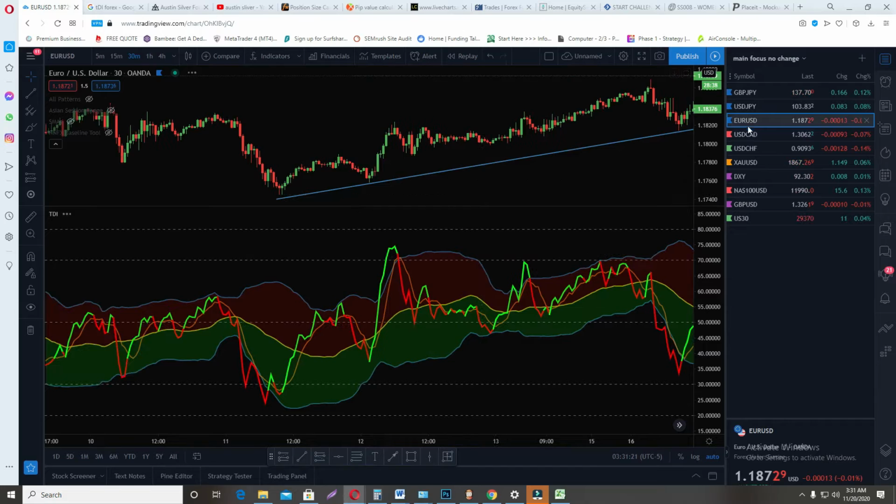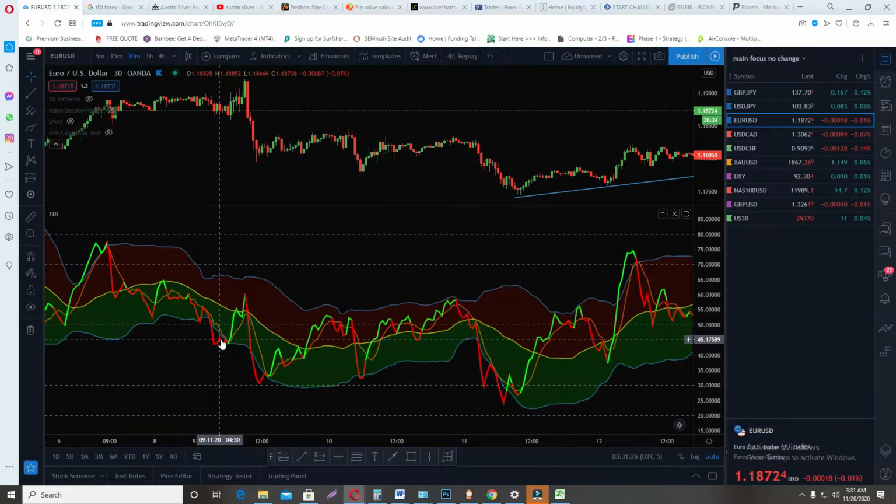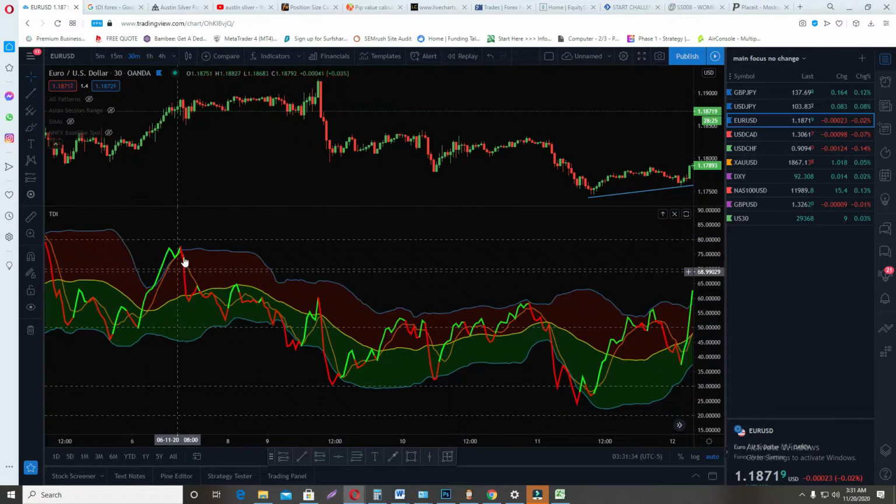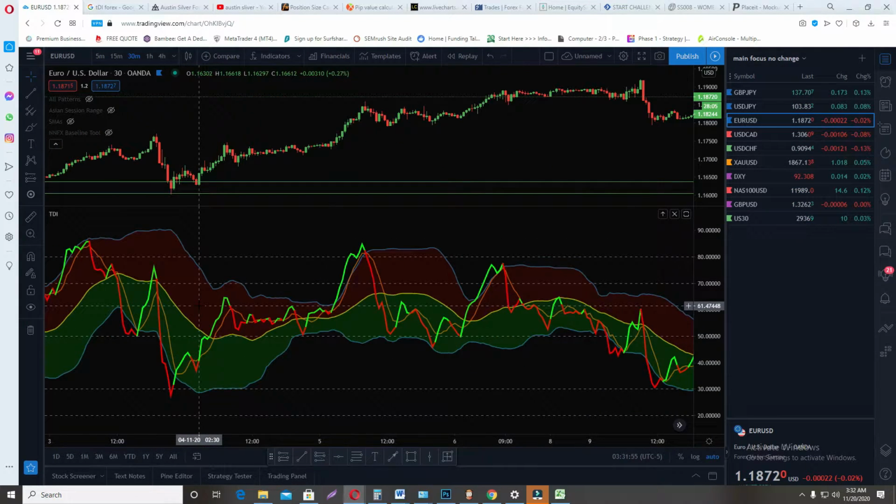Right now I'm on the Euro USD, and you can see it comes down, you jump in a trade right there, 20 pips. It crosses, comes down, jump in. Right now, as you can see at the M right here, bam, and it drops down. Once it crosses that line, you jump into a trade. But you gotta check out the candles. There's no trade right here, so I wouldn't even say take a trade. I'd say take the trade right here. Like, look, I'm gonna show you now. The TDI,